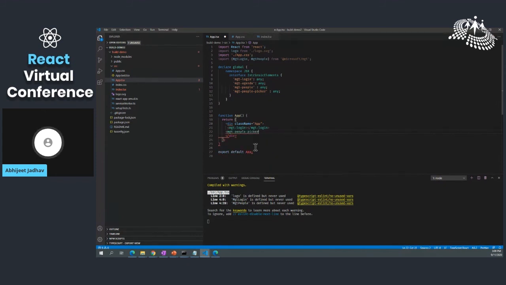But let me show you the MGT people picker, because this is one of the controls which I have used in my applications, and it was very difficult for me to do an LDAP query, get the data from the Active Directory, map those users, and also get the email information of that user and render it on my screen. So it would take at least days to have this functionality implemented, to pull the users from my Active Directory and show it on the screen. Now I'm writing this line of code, and this is how it is implemented.